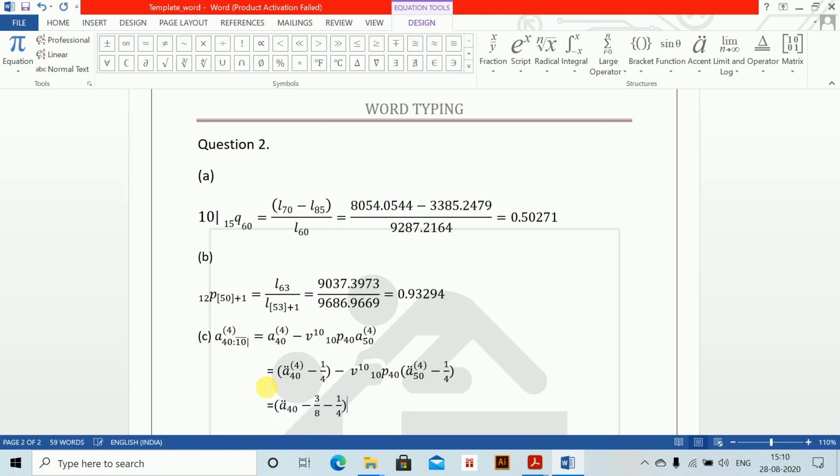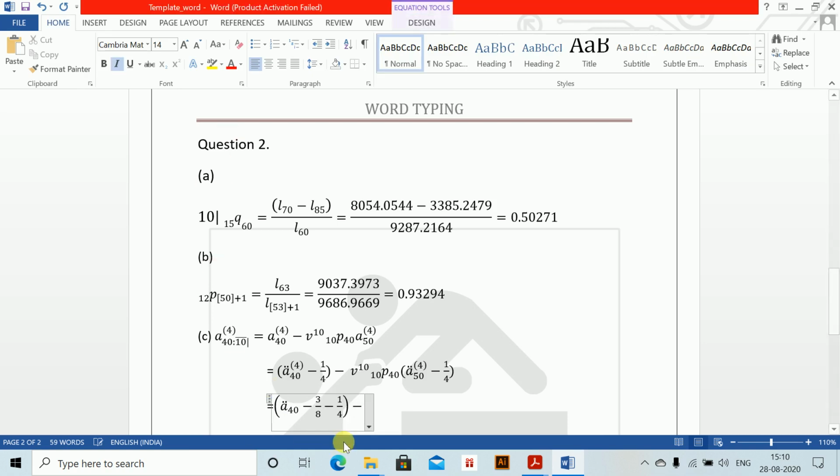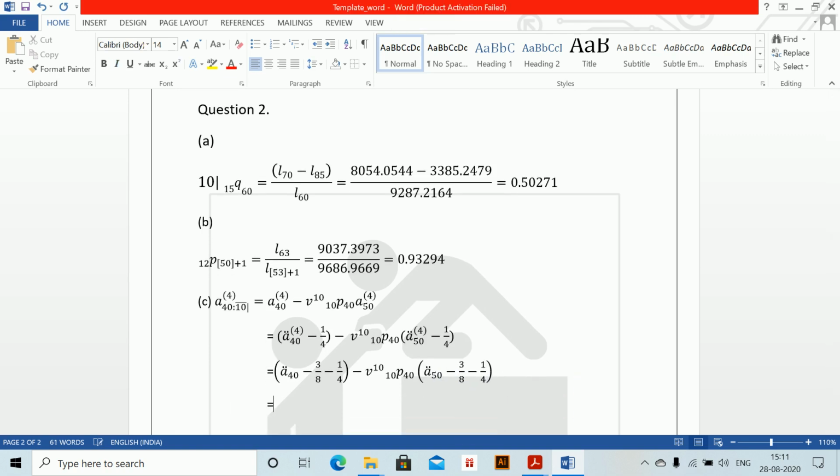and then minus v to the power 10, 10px, copy till here, open brackets and copy this entire thing, then only 50 remains changed, and close brackets. So this is what is there. And now substituting the values for a due 40 and v to the power 10, 10p50, everything. So we get finally